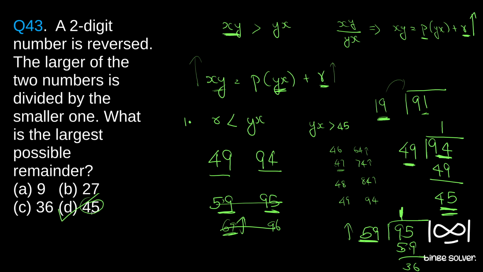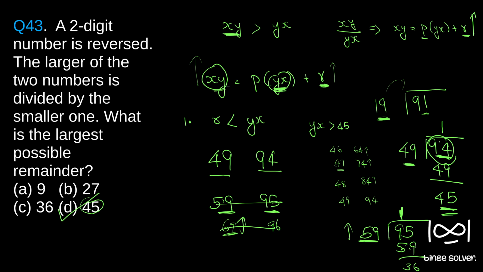So if 45 can be an answer, what needs to be the case? If 45 is the remainder, that means yx has to be greater than 45. So there are only a few options that we need to check, and we will soon find out that 45 can indeed be the remainder for these, 49 and 94. So if you think about what is happening and how that remainder will be large, we need xy to be very large and yx to be large, but